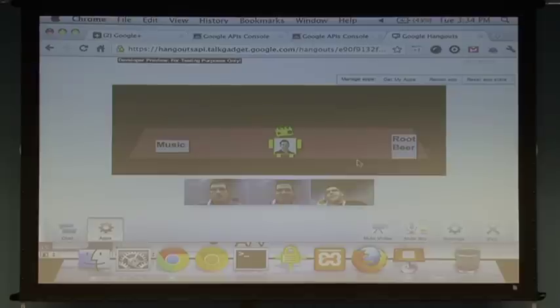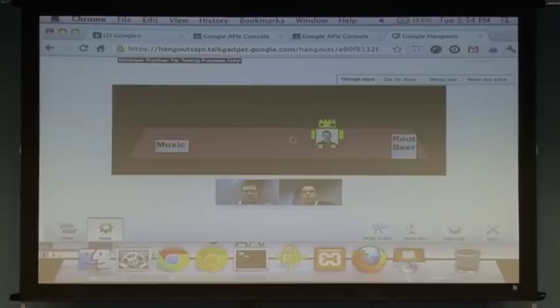So talking, we registered a callback listener for the AV, and every time it picks up any sound, it animates that head. The photo, that's actually my Google Plus profile photo. So in the participant object, it gets my photo URL, and it drops it into that image. When I move, it passes my future location to the shared state, and it passes over to Brad and other participants. And whenever he moves, I can get that information. That's, again, a callback listener. And then the root beer, that's just because it's fun to drink root beer.